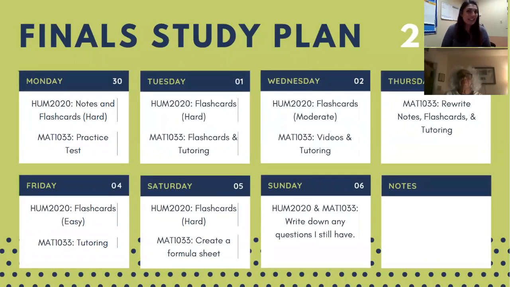To give you a better idea of what a week 2 final exam study plan might look like, here is an example. In this example, I have 2 final exams, one in Introduction to the Humanities and one in Intermediate Algebra. And you can see that each day I'm distributing my practice across a number of days using many different methods. I'm including days where I'm going to go over flashcards that are more difficult for me, ones where I'm gonna go over flashcards that are in the moderate category, where I'm going over flashcards in the easy category. I'm watching videos, I'm doing practice tests, I'm signing up for tutoring, I'm creating a cheat sheet or a formula sheet.